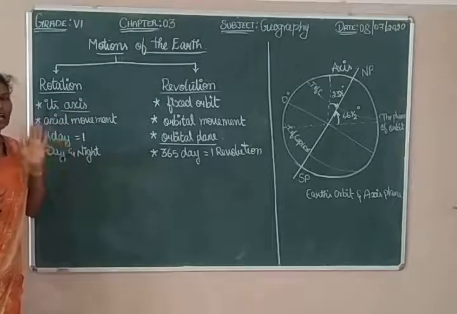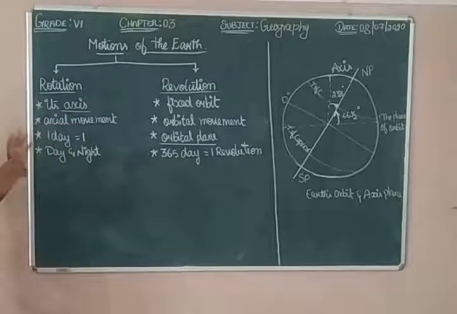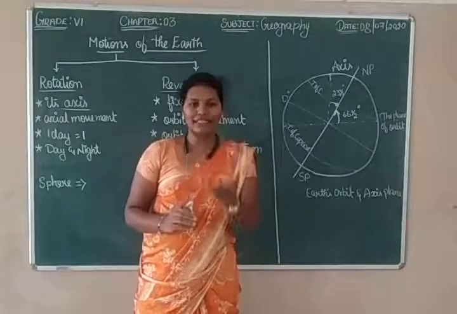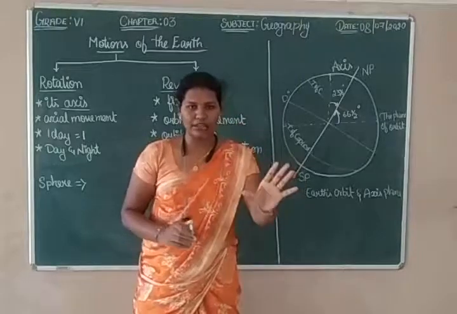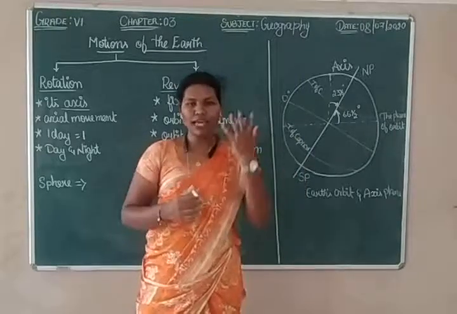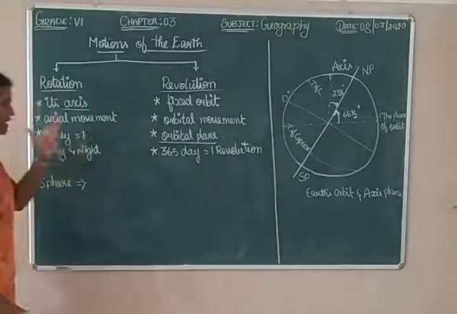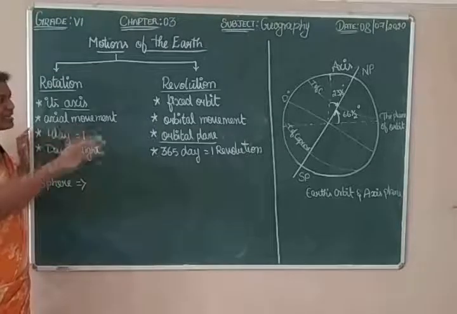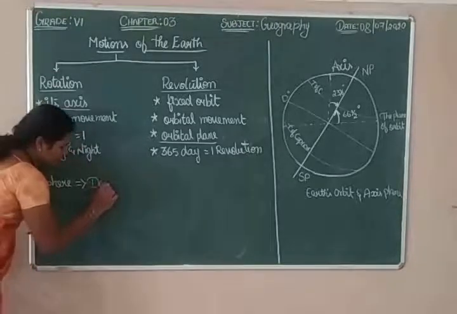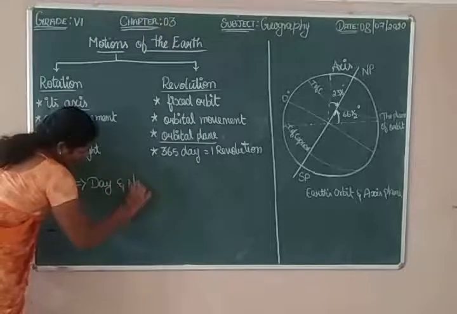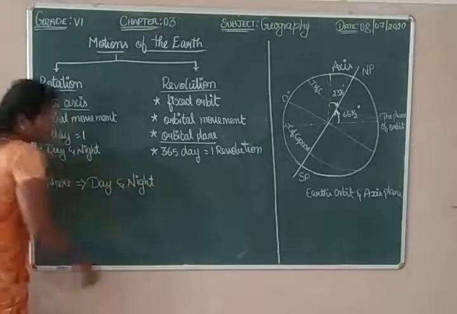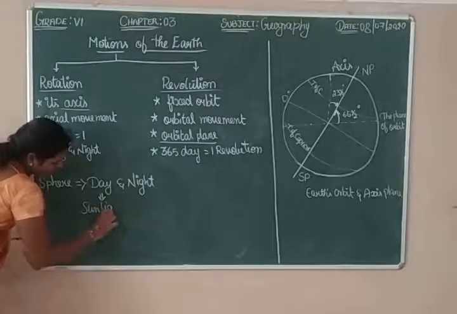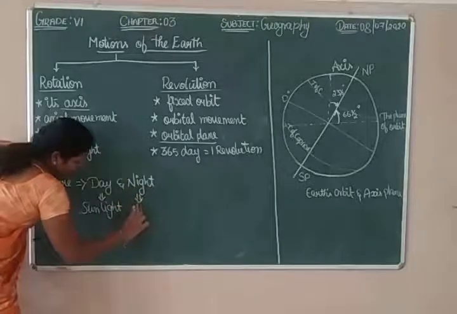How do we feel day and night? Because you can see earth is in a sphere shape. We all know it is in a sphere shape. So earth receives light and heat from the sun. From the source of the sun, we receive heat and light. So when there is daytime at one half of the earth, the other half will not receive the light, it is called night, the day and night. It is caused by the rotation. When one part receives the sunlight, it is called daytime. When there is no sunlight,